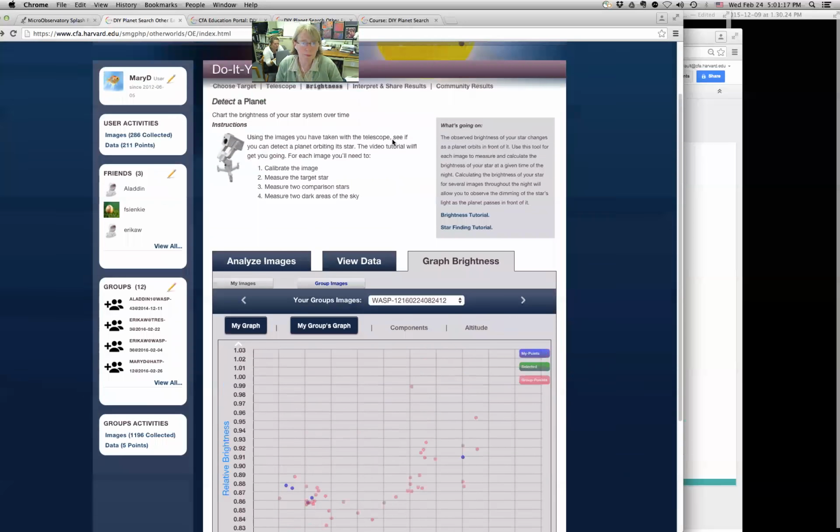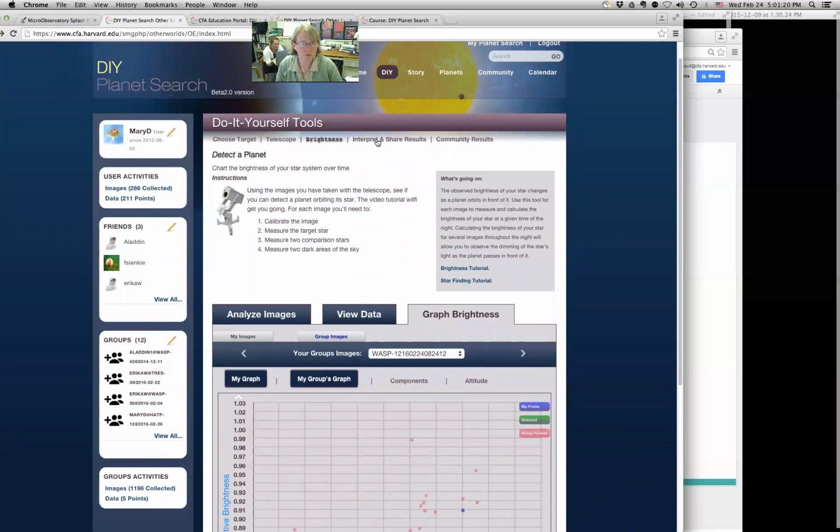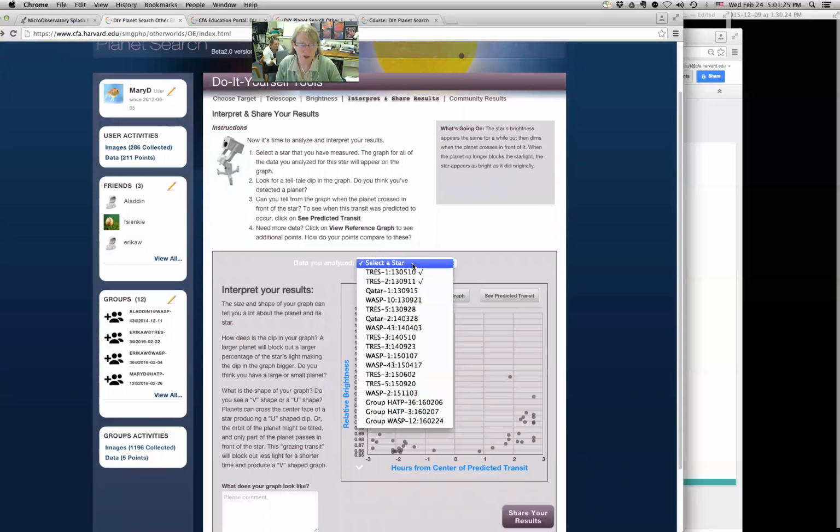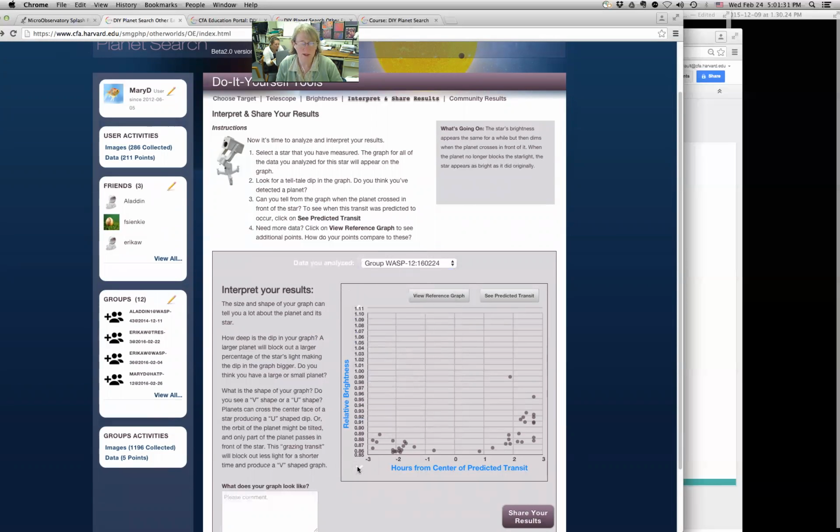But also, if you go up to interpret and share results, and let me just select this one here, WASP 12, which is the one that gets carried over anyway. You click this down arrow. If it's too far down, you can click this down arrow. Now this graph, instead of being versus time of night, is actually versus the center of the predicted transit. And if you click on see predicted transit,